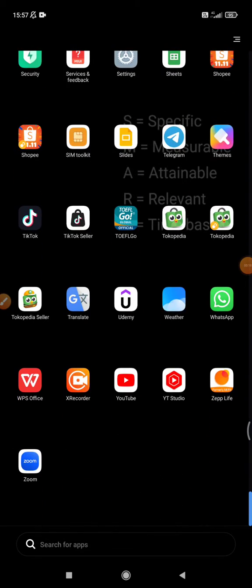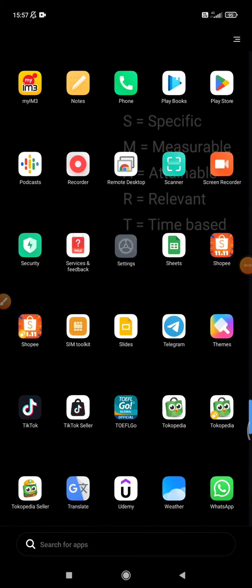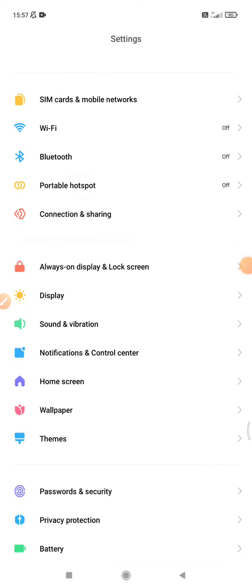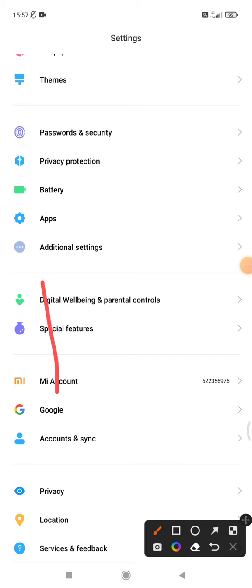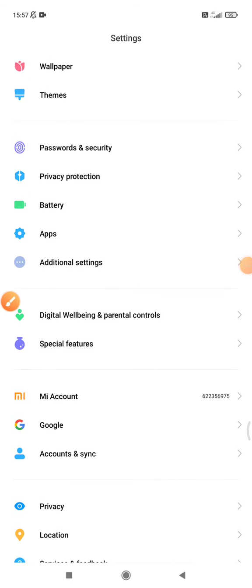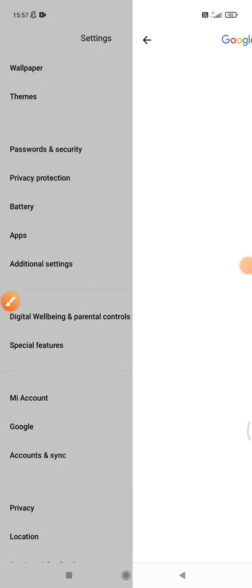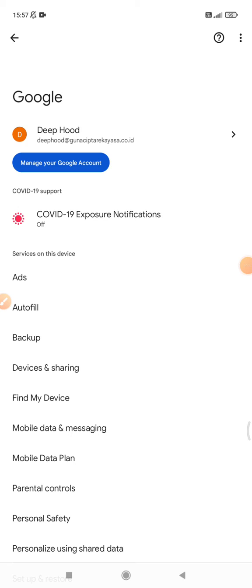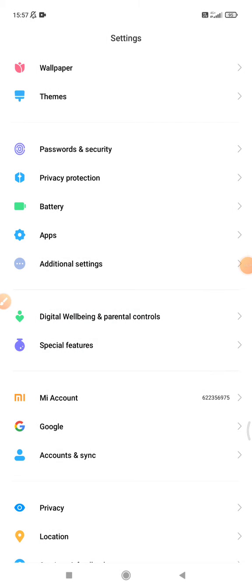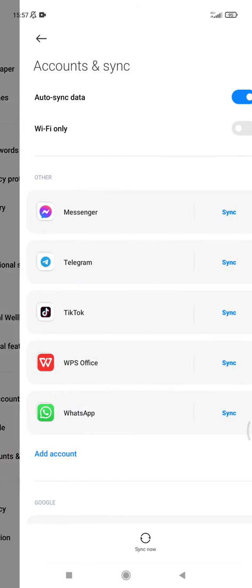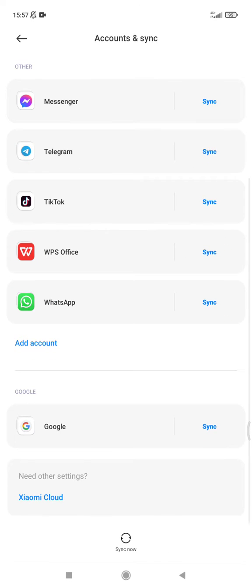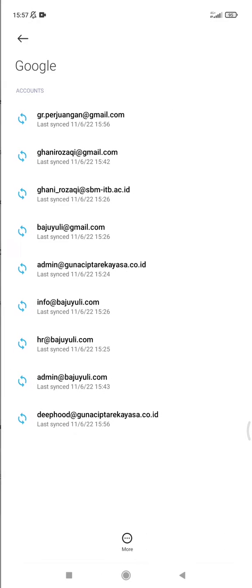So first you have to find your settings. I will find my settings and then I will find the accounts. Here you can see this is the Google account over here. So I can click that Google. Oops, I mean not that one, but this account and sync. Okay, this is where we're setting the account and synchronizing, and then here you can click this Google, and then here